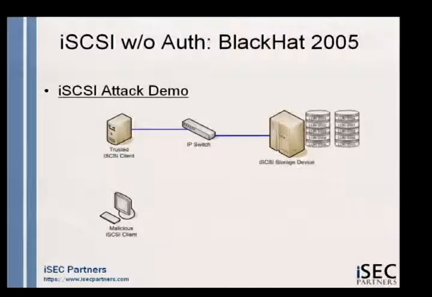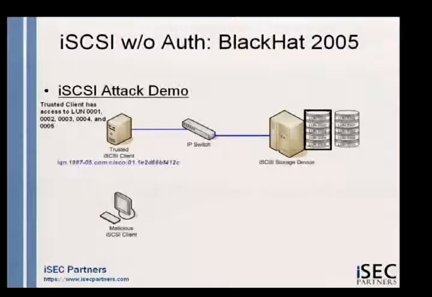But iSCSI goes over IP, and there you don't need to have a Fiber Channel card in your laptop or desktop. You just need an iSCSI driver built into your laptop, which is made by Cisco and Microsoft and whomever else you want to download it from. But anyway, it's the same attack class: instead of worldwide names, you use initiator node names. Again, you can sniff that over the network. You don't need to authenticate to the network or anything like that.